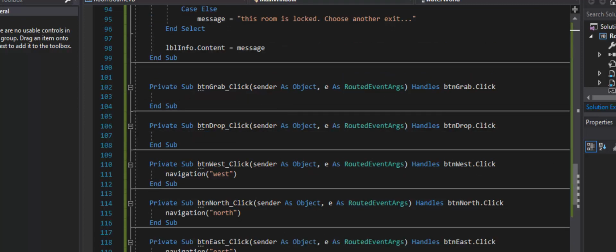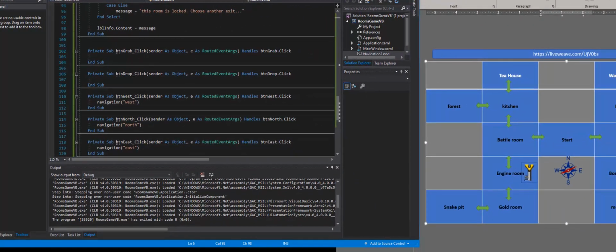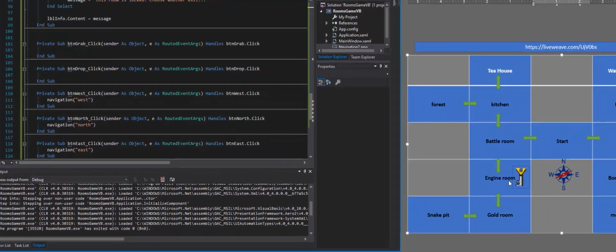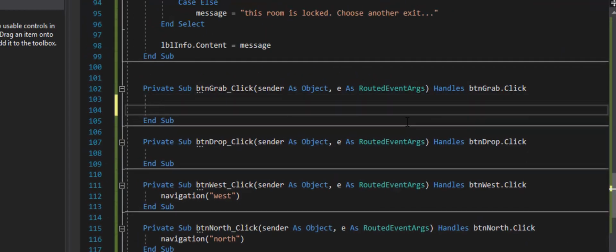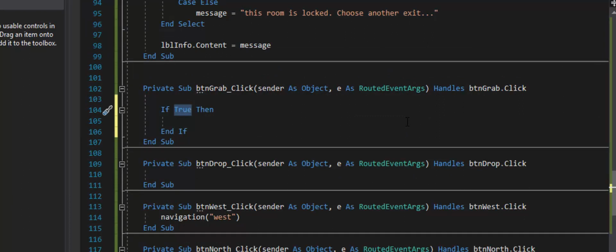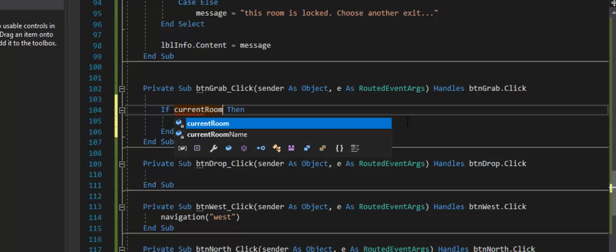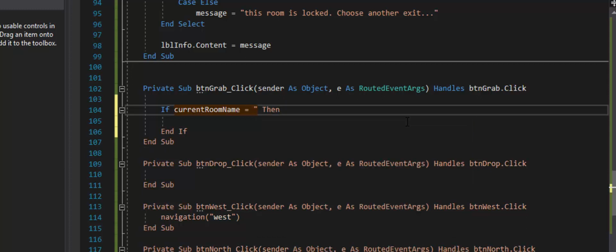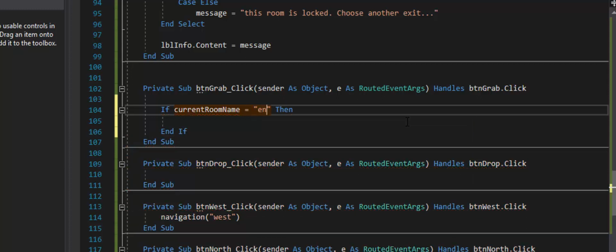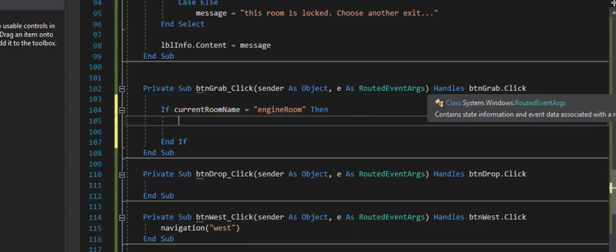It's inside of the grab button. What we are going to do is create that current room. We're going to check, because this is the engine room, we've got to check inside of here if it is the engine room, if the current room name, which is what we made above, equals the engine room. Okay, and if it equals the engine room,